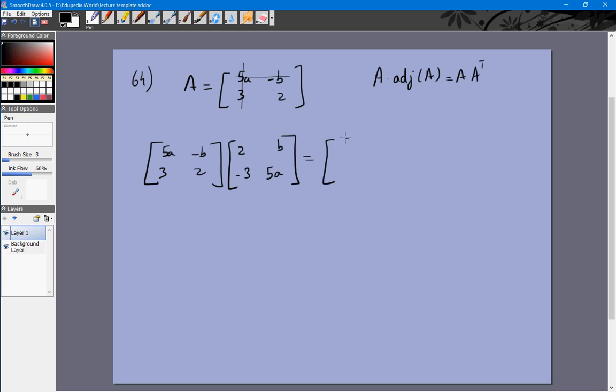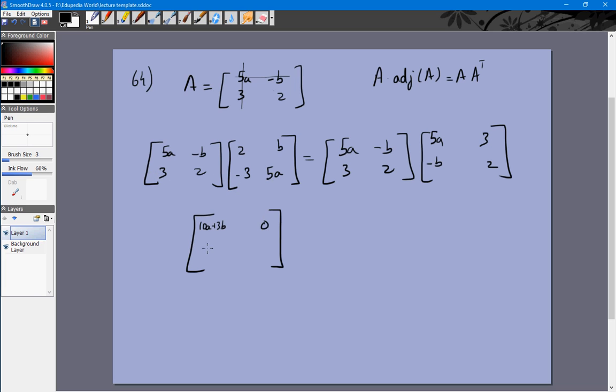and this should be equal to 5a minus b 3 2 multiplied by a transpose, which is 5a minus b 3 2, and you'll get 2 cross 2 matrices. 5a minus b multiplied by 2 minus 3 will give me 10a plus 3b. 5a minus b multiplied by b and 5a will give me 0. This multiplied by this gives me 0, and this multiplied by this gives me again 10a plus 3b. This should be equal to